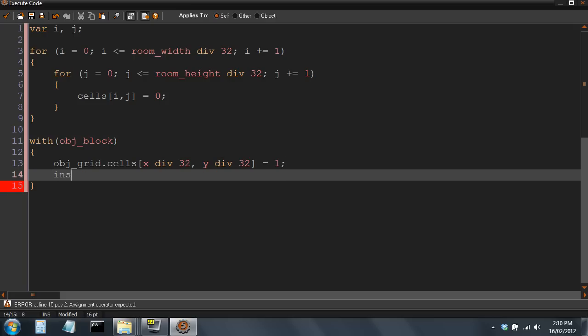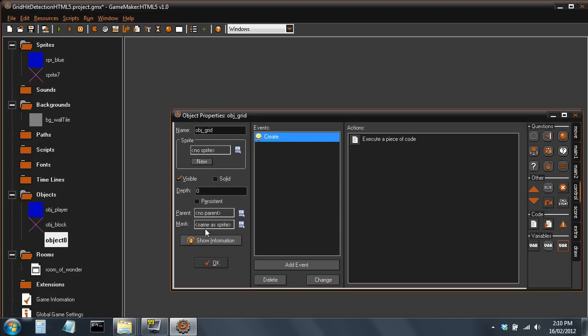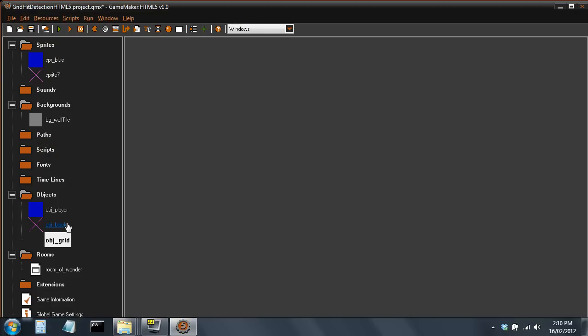Once we've done that, we can actually get rid of the object because we won't even need it anymore as the information is already given. By destroying it, we help with performance. If you're dealing with HTML5 or later on with iPhone or Android, it is beneficial to remove as many instances as you can. Okay, with that done, we can press OK, saving changes, and then we need to go into